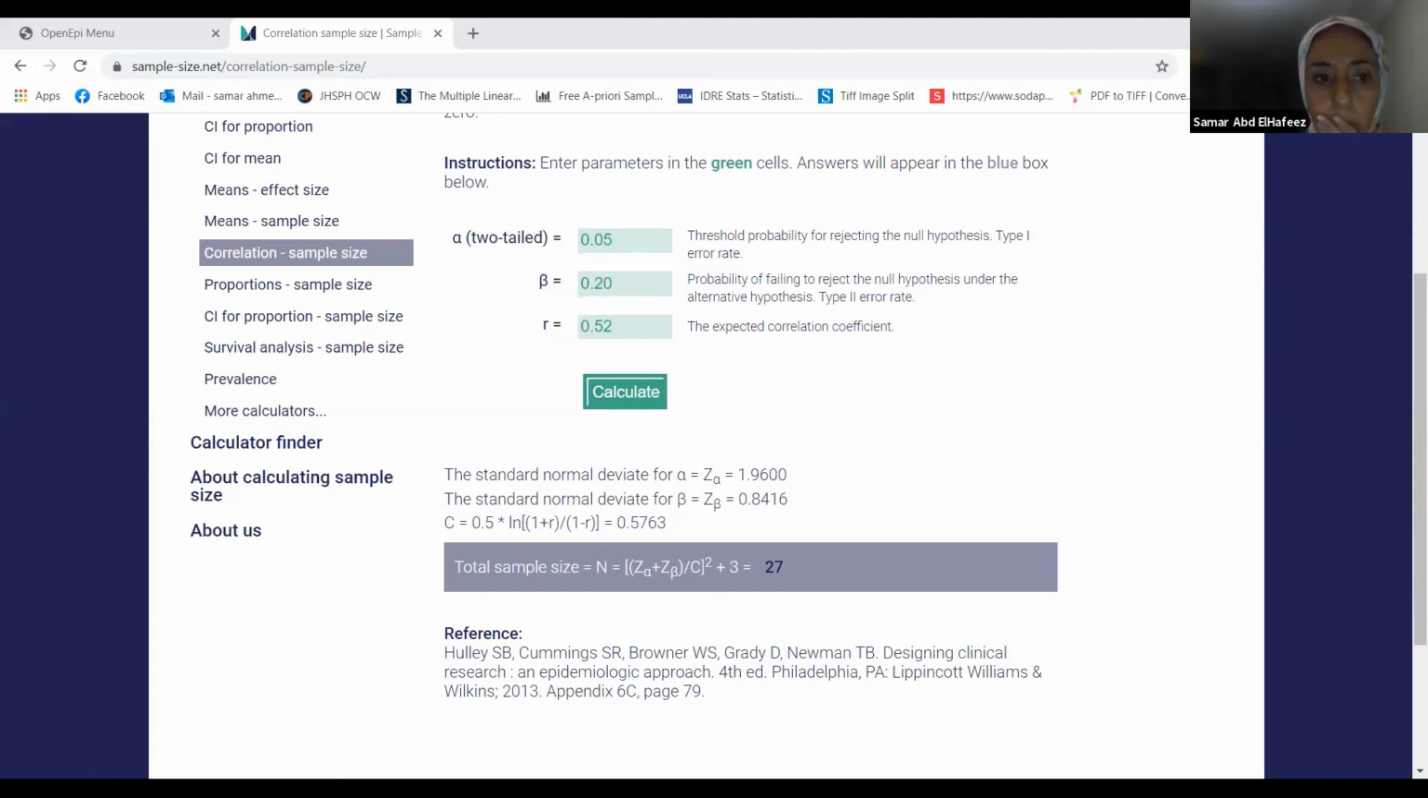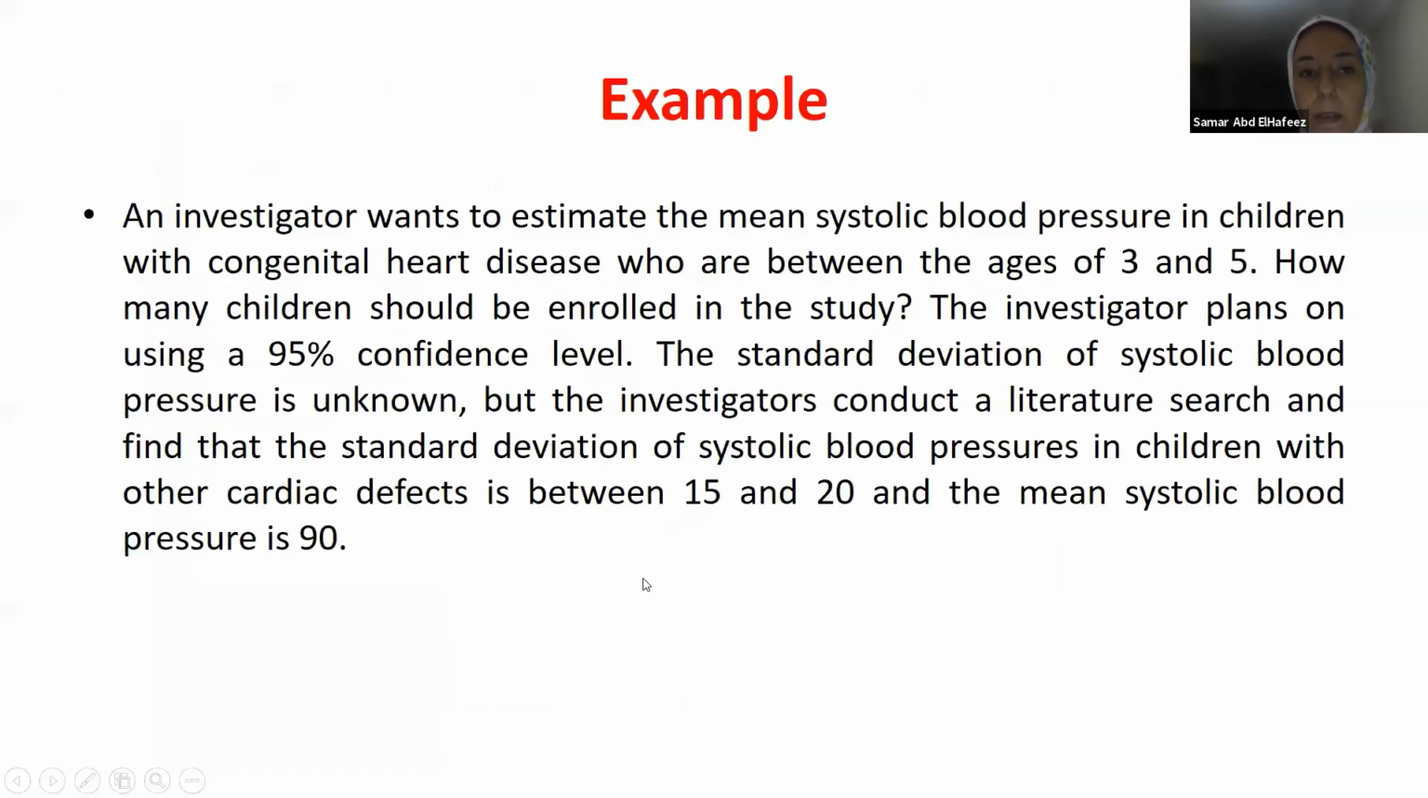So going to the last example. I want to estimate the mean systolic blood pressure in children with congenital heart disease who are between the age of 3 and 5. How many children should be enrolled in the study? The investigator plans on using a 95% confidence level, and the standard deviation of the systolic blood pressure is